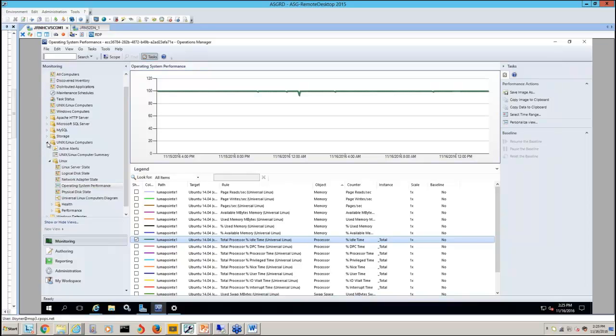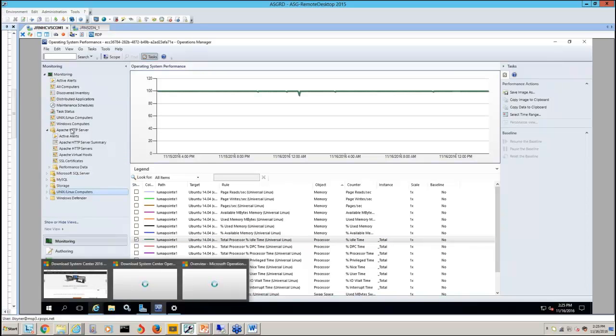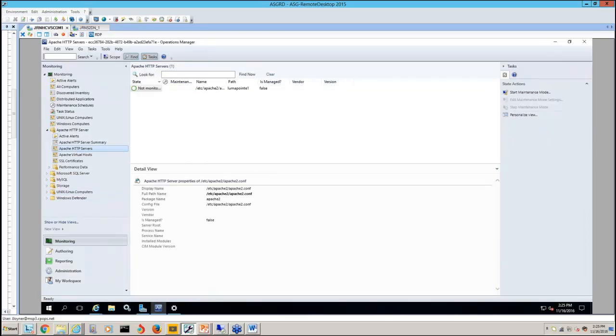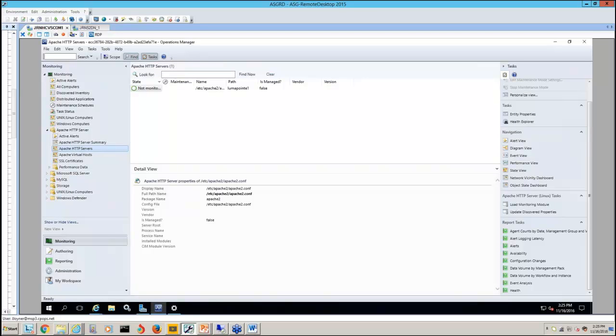This particular Linux server has got a LAMP stack on it, and this is a brand new management pack, and so I haven't gotten a chance to configure all of the features, but I'll show you, for example, the fact that Apache has been discovered on the Linux server is there, and if I were to want deeper monitoring, there is a task called load monitoring module,